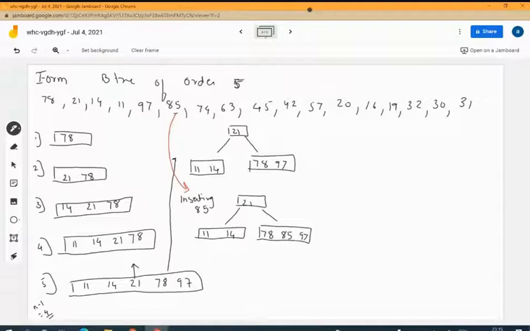Now again I need to insert. All of these are satisfying the condition. How? All are having the number of values less than 4, because n minus 1, which equals 4, should be the values at each node, right? So here all are satisfying the value.